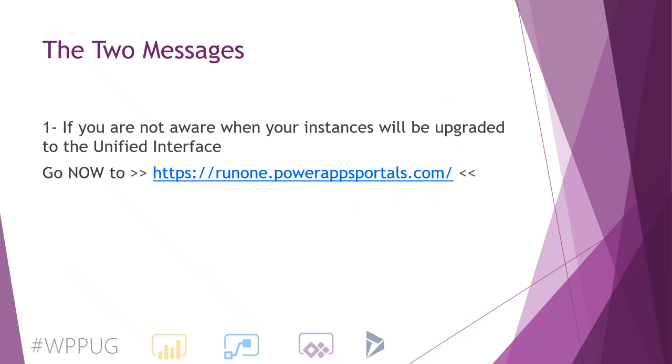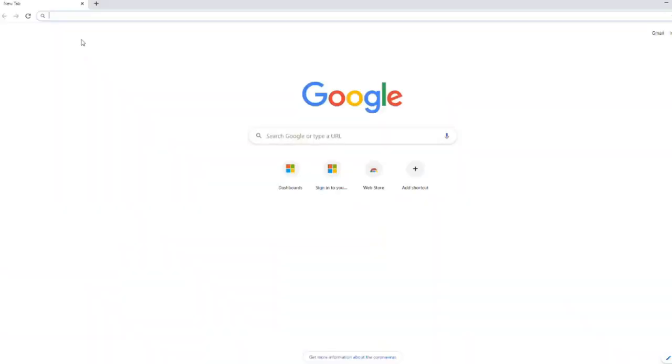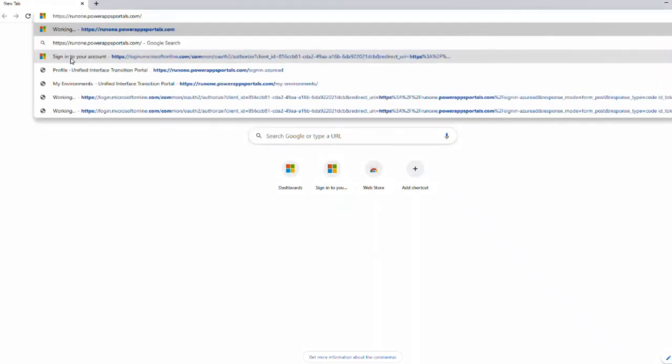The second message that I want to give you today is this. If you have a large implementation, by now you should have a good understanding of what needs to be fixed. There's a lot of work that needs to be done in general for the unified interface and to make sure that everything is running smoothly, especially if you have a significant amount of customization that you need to run through. Later on in this presentation, I'm going to talk about all the different stages and what you need to do to address that. So quickly, I've got a short video in here that shows you the different steps that you need to follow in terms of getting to the